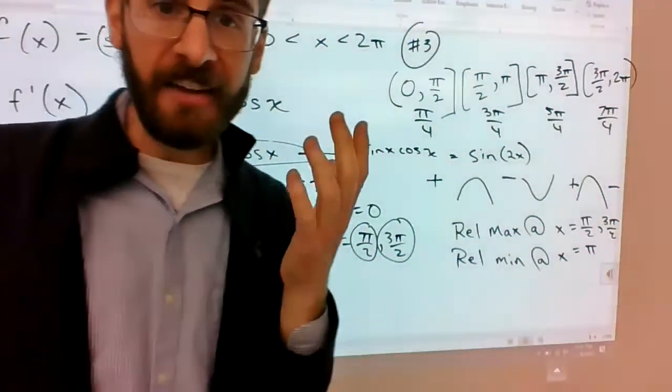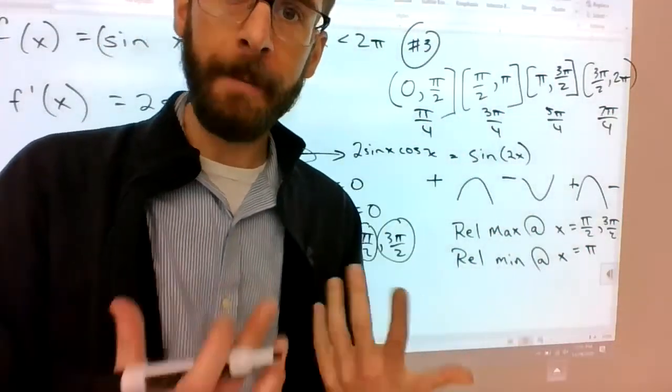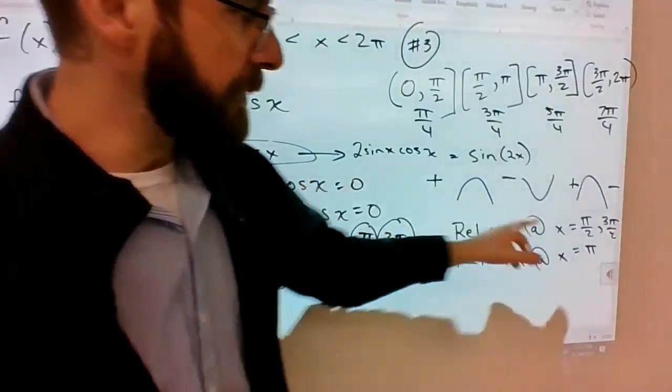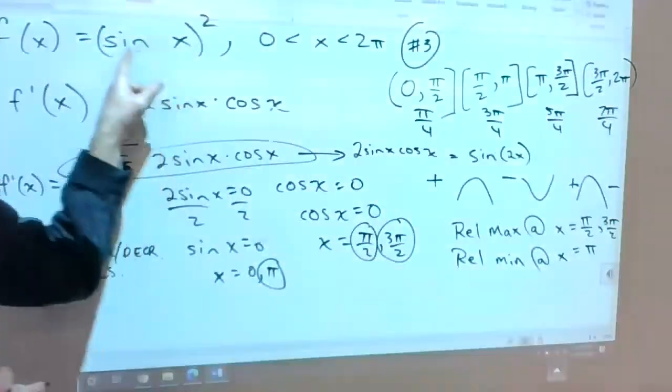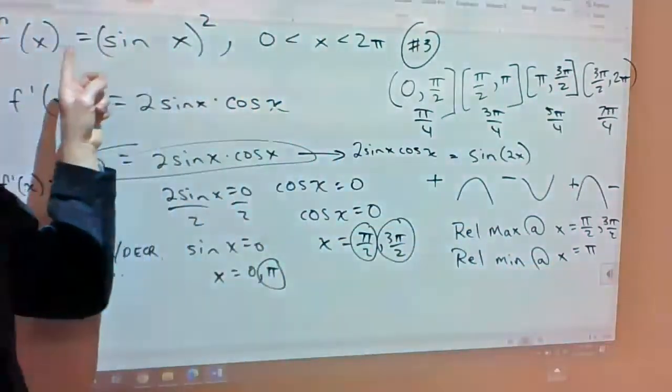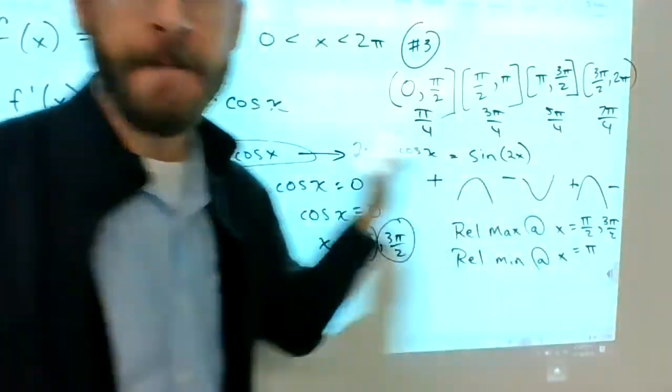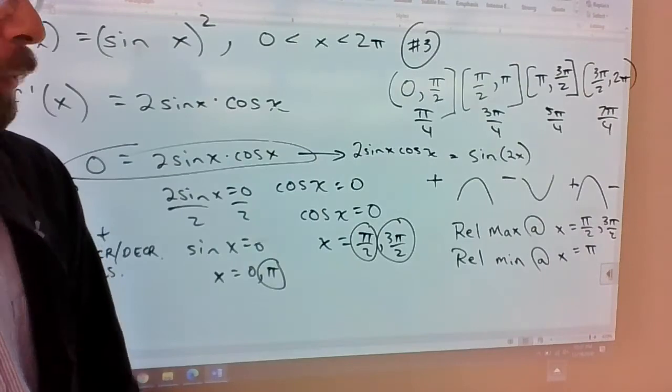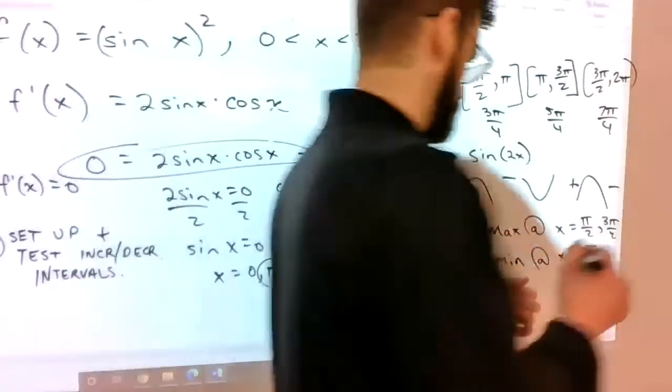And if we need to find the actual coordinates for those, which I'm asking you to do, you just plug pi over 2 back into the original. Plug 3 pi over 2 back into the original. Plug pi back into the original. Which, when you do that,